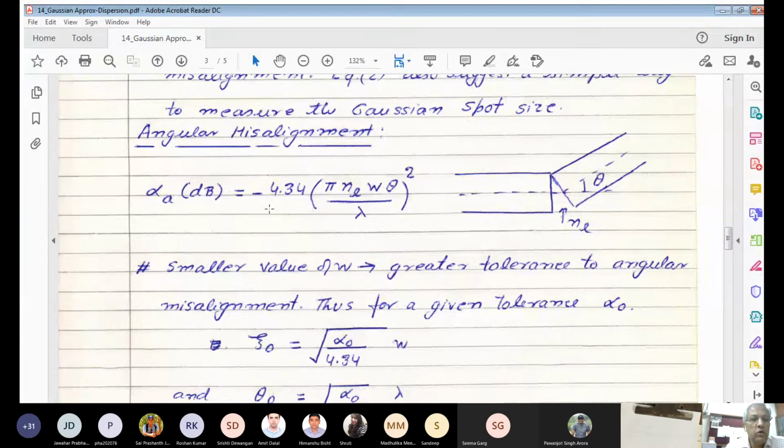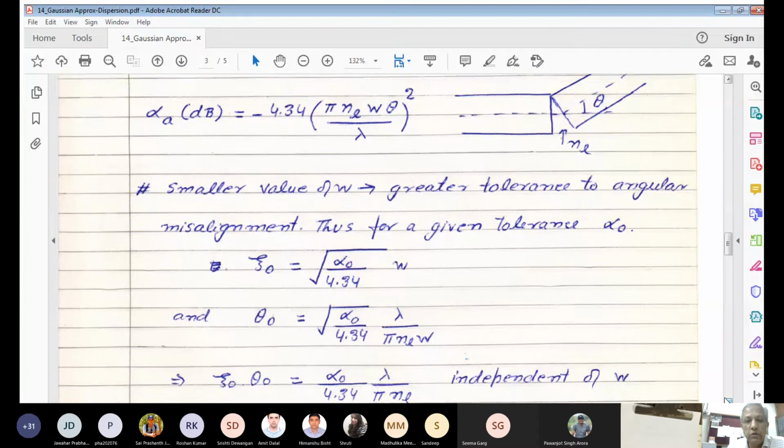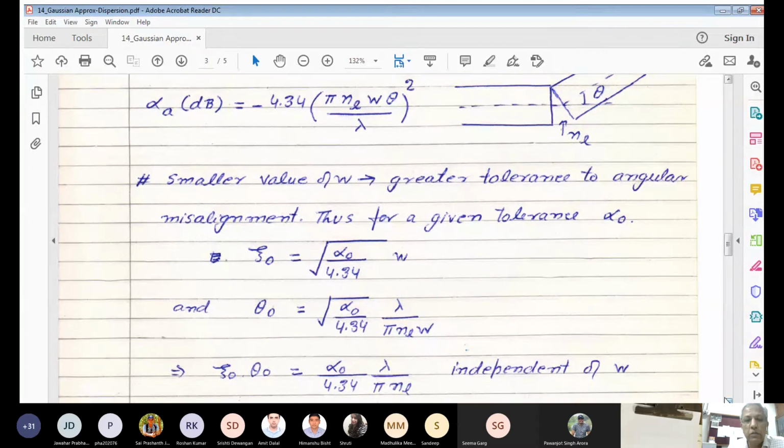So one loss decreases, another loss increases. A smaller value of W gives greater tolerance to angular misalignment. On the other hand, a smaller value of W gives less tolerance with respect to transverse misalignment. So this is sort of a constant product, their product is constant. So if you calculate the